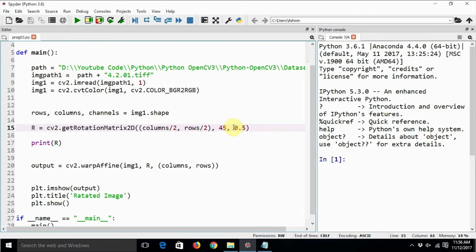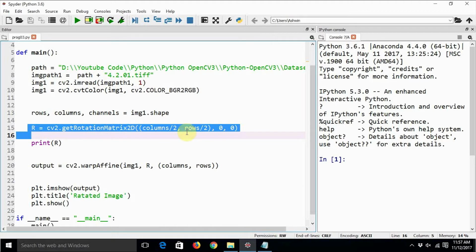Unlike the scaling operation that we saw in the very first tutorial in this transformation series, here if you specify the scaling, it will be applied on both dimensions equally. So if you want to scale your image down by half, it has to be done in both the x coordinate and y coordinate. First of all, let's not rotate it at all. Let's see how it looks without applying any sort of operation. So this is how we create a rotation matrix.